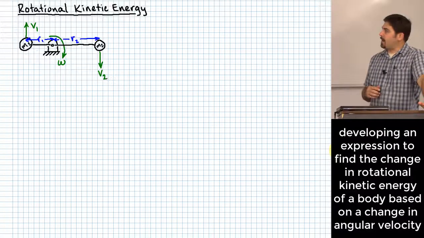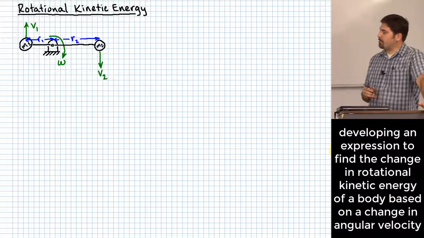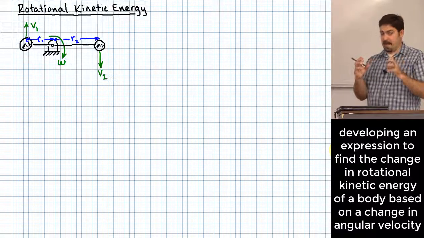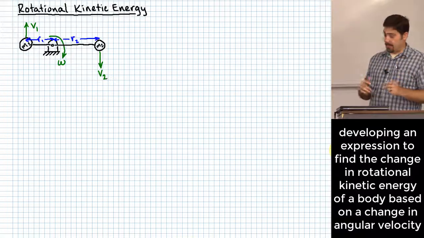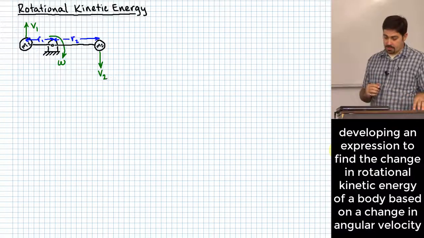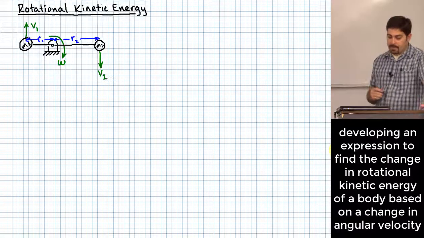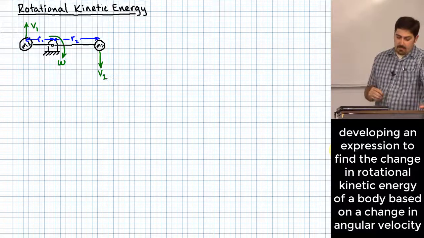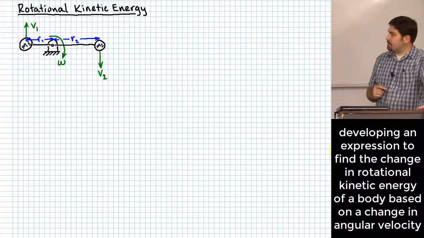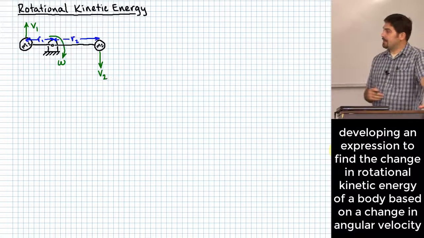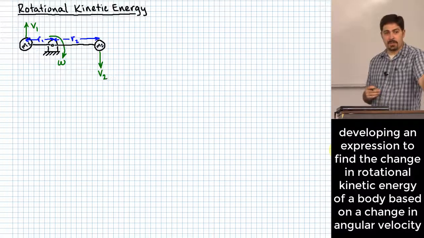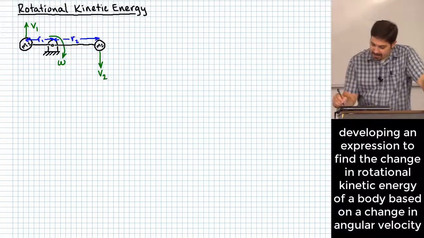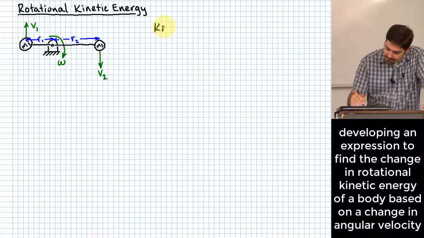But let's say that we go back to our representation of a rigid body in one of its most simplistic forms, where I basically have two particles of mass. Those two particles of mass might be at different radius positions relative to a point that they are rotating around. Based on what we just did, we can evaluate how much kinetic energy in a linear sense is associated with each of these particles, M1 and M2. It's not complicated. We just say that this kinetic energy